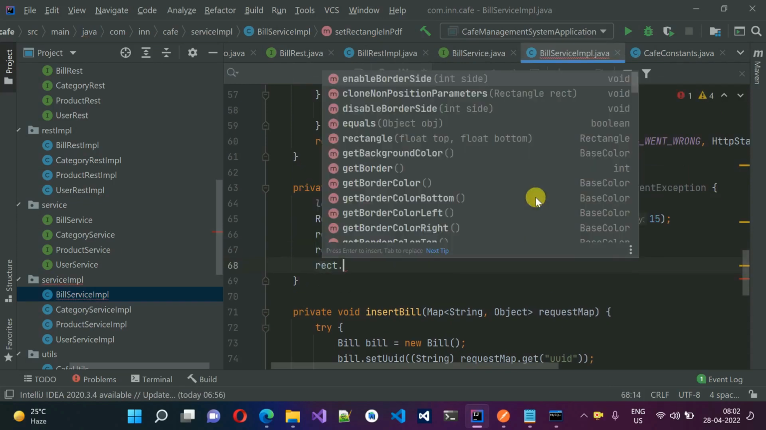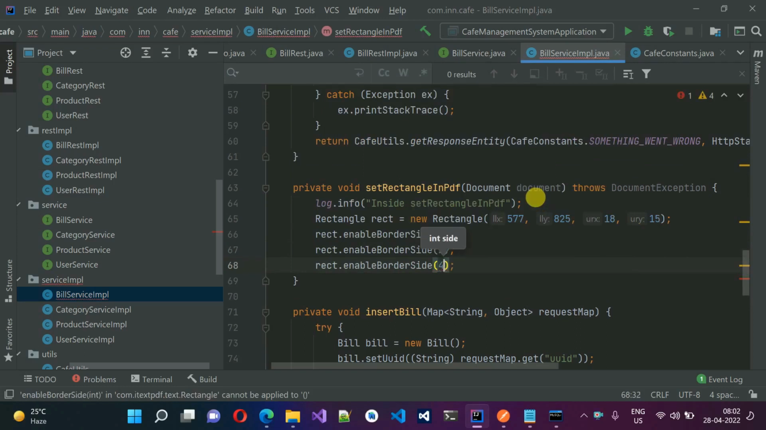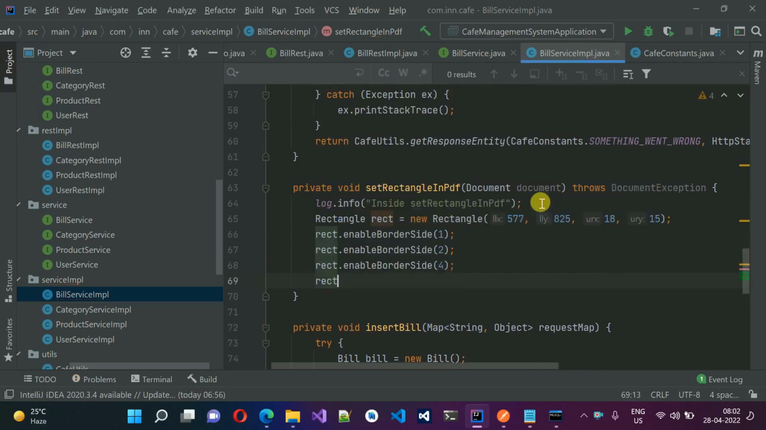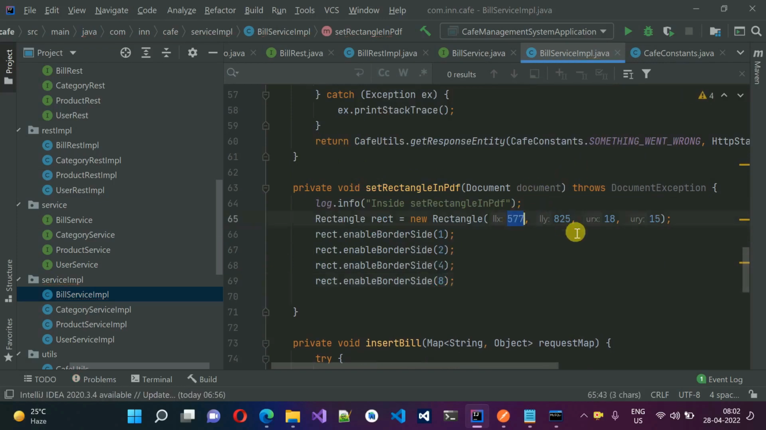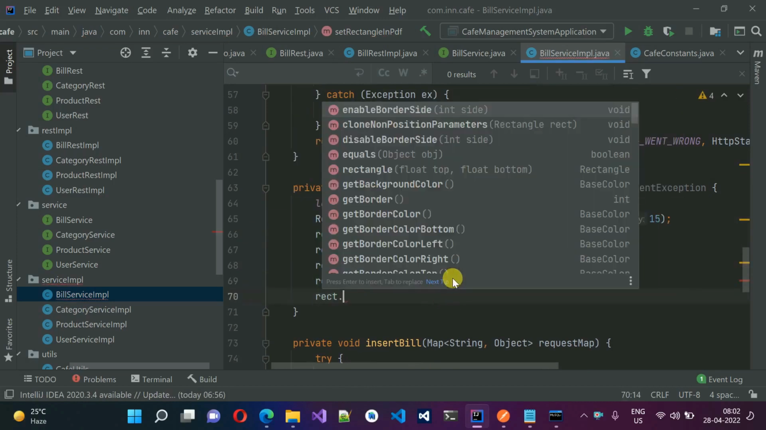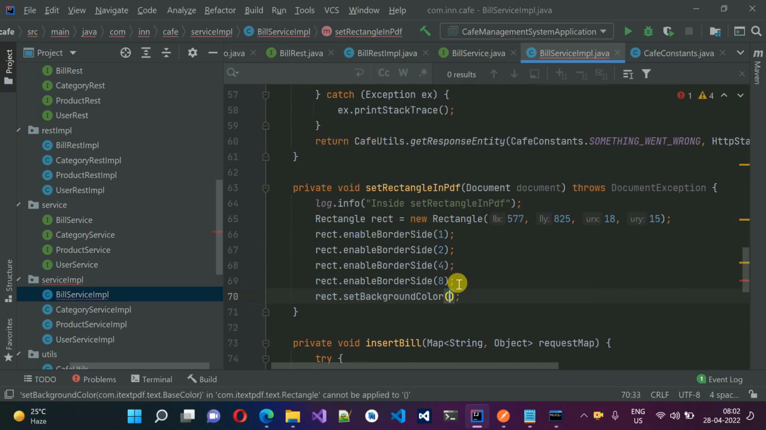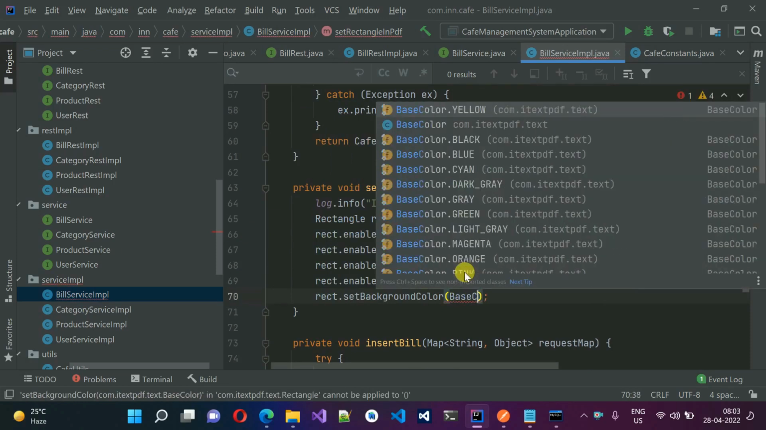Rectangle.enableBorderSide, and we'll pass 4, and rectangle.enableBorderSide, and we'll pass 8 inside this one for all the dimensions. Here you can see this one, this one, this one, and this one. Okay, next thing we will pass rectangle.setBorderColor, and I'm going to use BaseColor.BLACK,